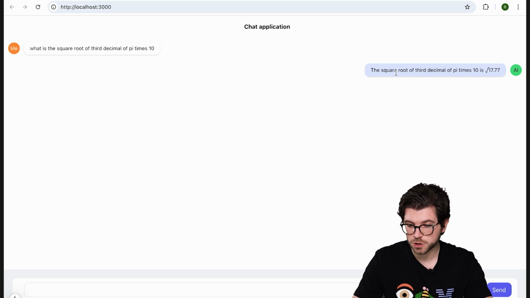Of course, there's much more you can do with the watsonx AI SDK. For example, you can implement streaming, or you can have a chat with images. And that's how easy it is to build your AI applications using the watsonx AI SDK. If you want to continue building, make sure to look at the code which you can find in the description of this video.